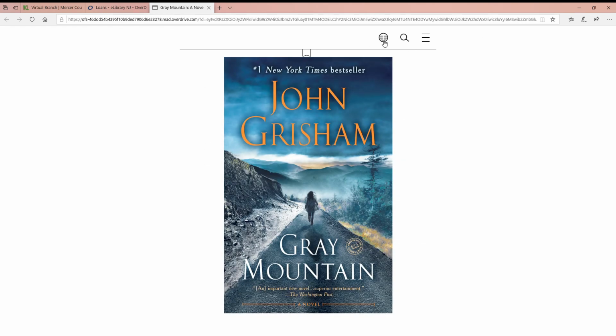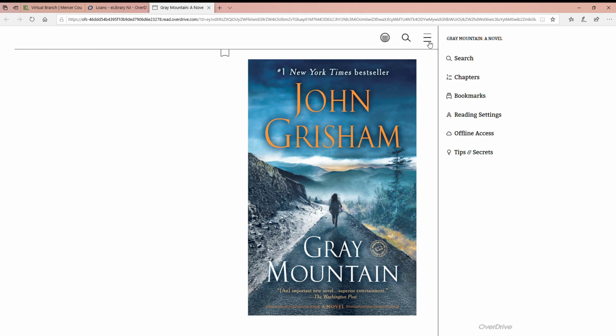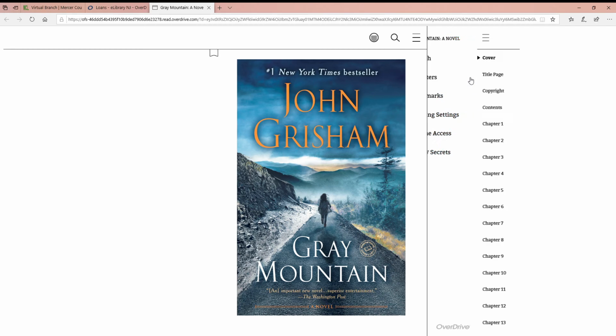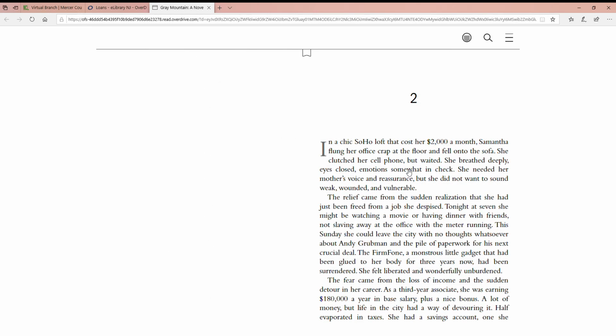This is where I can toggle between 2 pages or 1 page. I can search in the book, and I have expanded options on the menu bar here. So I can look at what chapters are available and just go directly to those spots in the book if I want to. I'm going to click on chapter 2